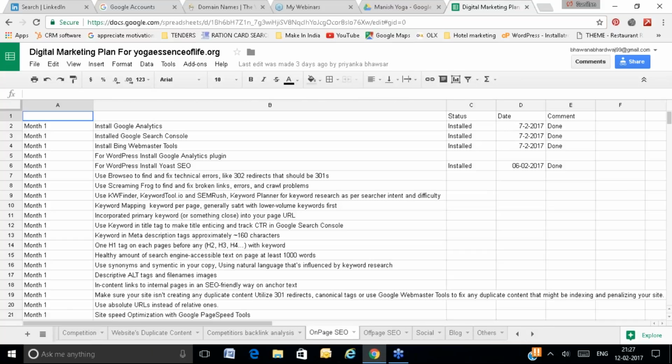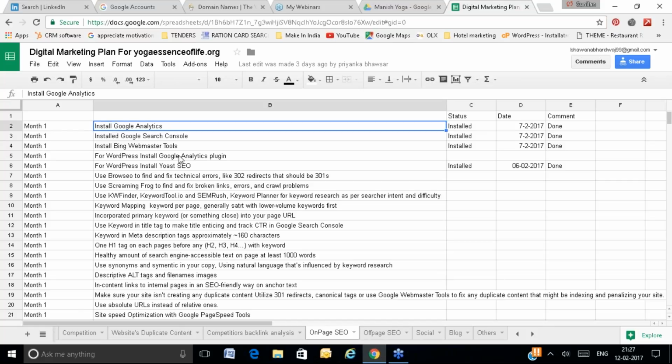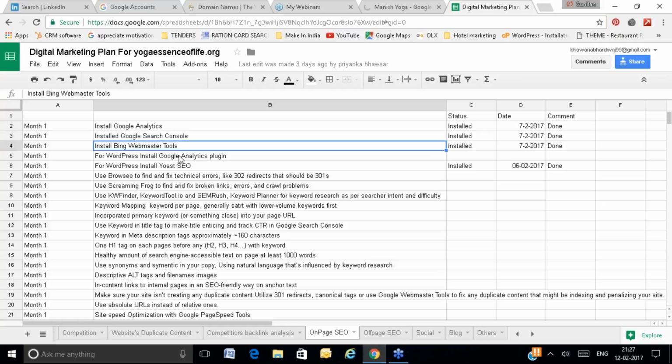So if you are working for a website, these are the activities we do on our website. First, you will generate the tracking code from analytics that we are going to discuss in the analytics section. So first you have to generate the analytics code and place it on your website. Make sure to install the analytics code on your website. Make sure to submit your website in the Google Search Console that we have discussed today. Make sure to submit your website in Bing Webmaster in the similar way as we have submitted our website in the Google Search Console. Same way you have to submit your website to Bing Webmasters.